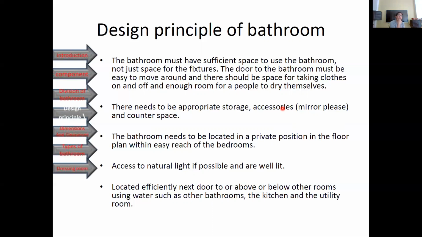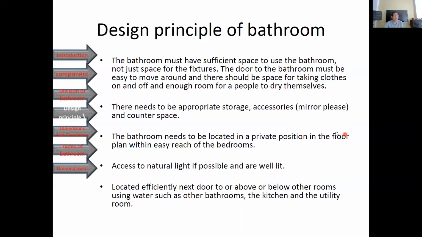So do not put the bathroom above a TV set, a stereo, or a dining table. Make sure that you move the bathroom so it is not directly above the dining table. That is one rule in designing a bathroom.